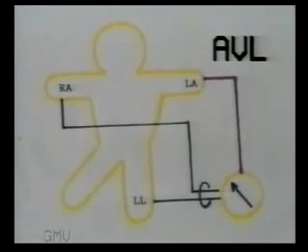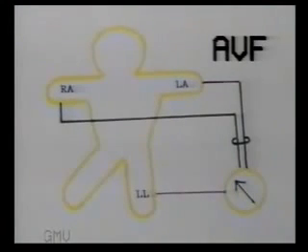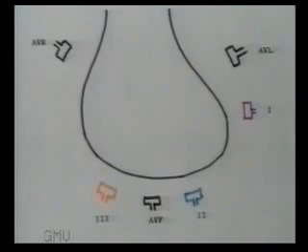AVL means augmented unipolar lead of the left arm with exploring electrode on the left arm, and AVF means augmented unipolar lead of the left leg with exploring electrode over the left leg. This diagram now shows how the 6 different limb leads look at the heart from 6 different directions. Leads 1 and AVL from the left side, leads 2, 3 and AVF from the inferior side, and lead AVR from the right side.